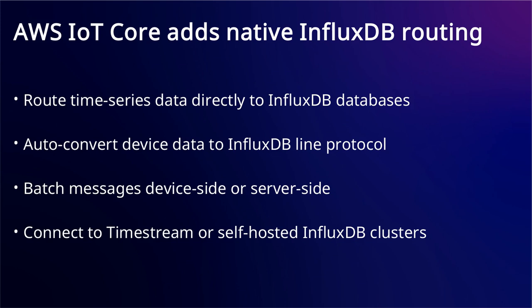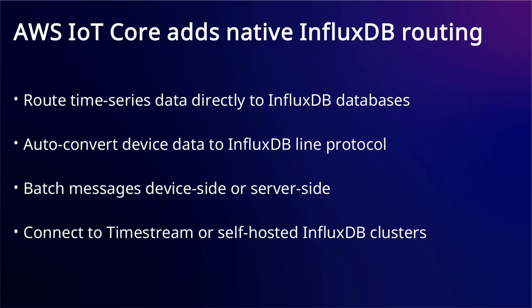The rule action auto-converts your device data to InfluxDB line protocol format and writes it to either Amazon Timestream managed or self-hosted InfluxDB clusters. You can optimize cost and throughput using two batching modes: device-side batching, where devices send pre-batched payloads, or server-side batching, where the IoT rules engine aggregates messages before writing. To configure this, connect your devices to AWS IoT Core and define an InfluxDB rule action with your destination database,